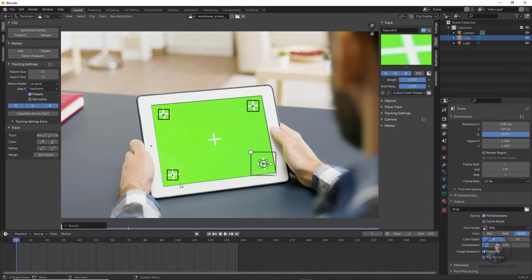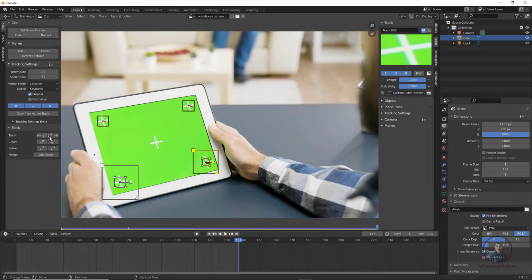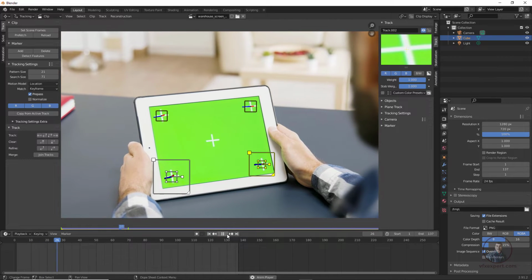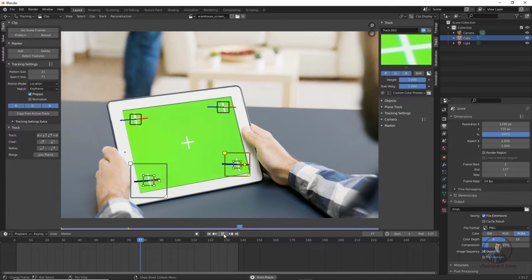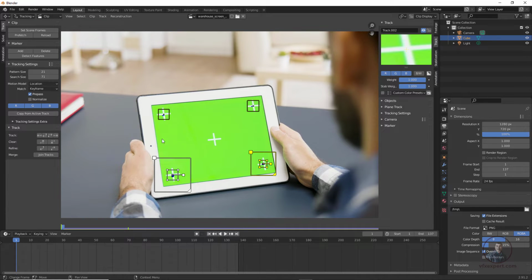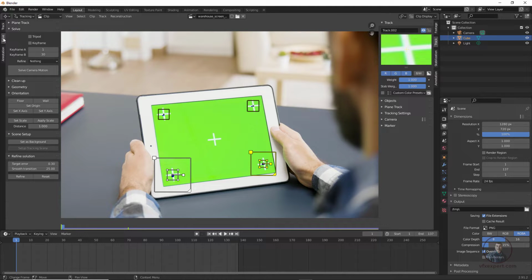Then after this select both trackers by holding shift. So here I have selected both trackers. Now again click on this forward track here. So both trackers will track. So now I have tracked all 4 trackers here. Then after this we have to generate our 4-point tracking data. So after tracking our shot, we have to come here in our solve options, then in the plane track. So this one, because we have to create a plane for this screen here.